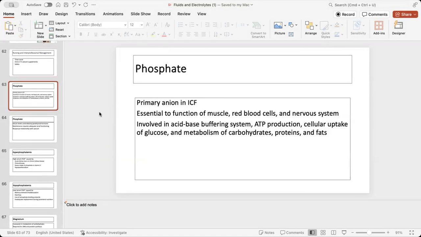Phosphate, there wasn't much in the book about phosphates, right? But we just talked about that, right? If phosphate is high, calcium is low. Do you know what the signs and symptoms of a low calcium are? Yep. Do you know how to treat low calcium? Okay. All right, and the last one I just want to touch briefly on is magnesium then.